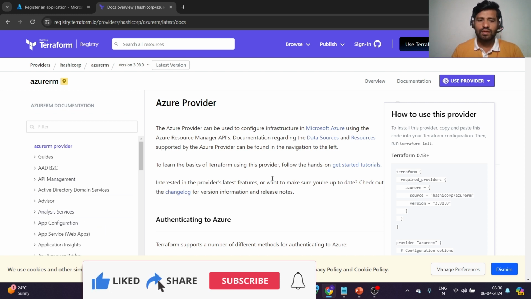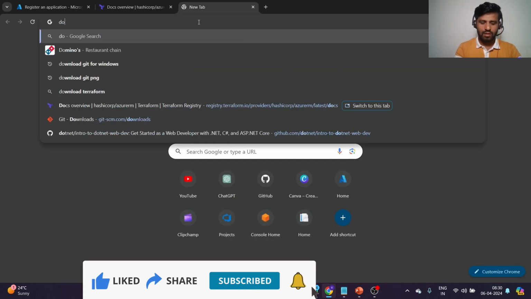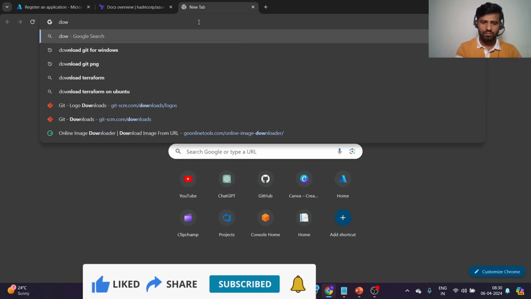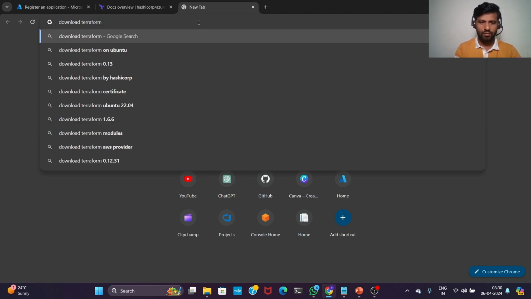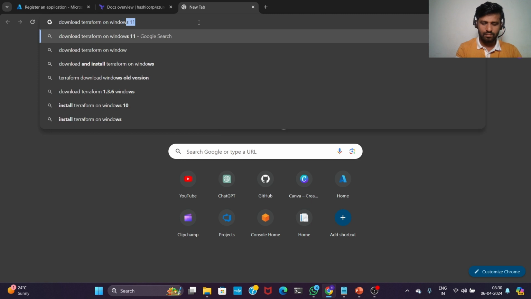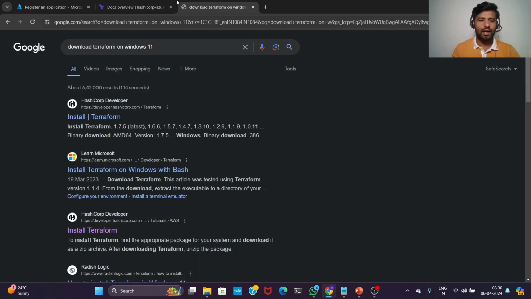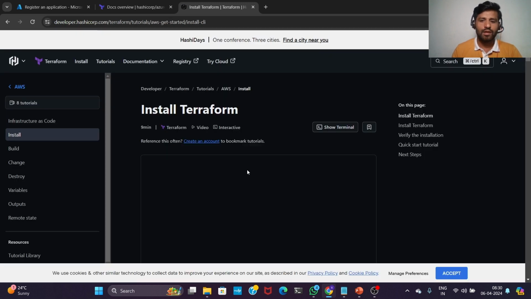Now first of all we'll see how to download Terraform. Download Terraform on Windows. We need to go to the official site, install Terraform, and